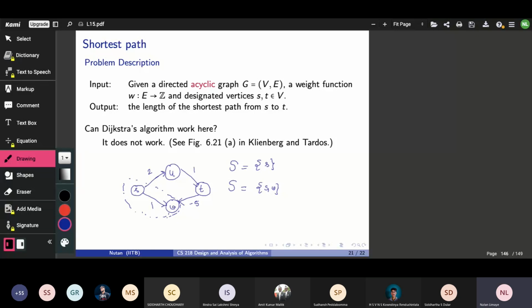Okay, at this point, you may say things like, okay, fine, this is not working. Why don't we simply scale everything by a large positive number? Suppose you give me a hack that, well, you have negative weights in this graph, but let me give you a simple hack by which all weights will become positive. And now can you apply Dijkstra?